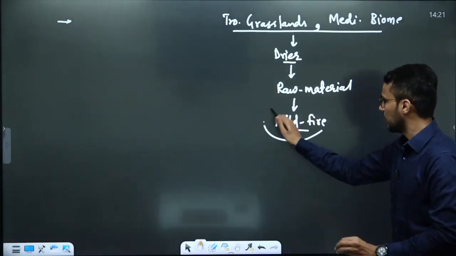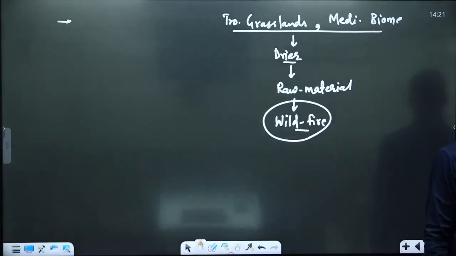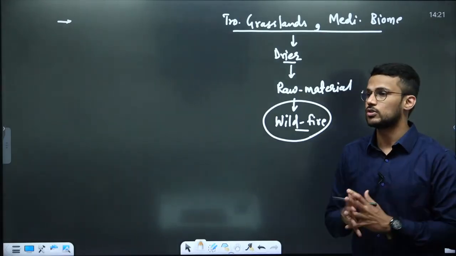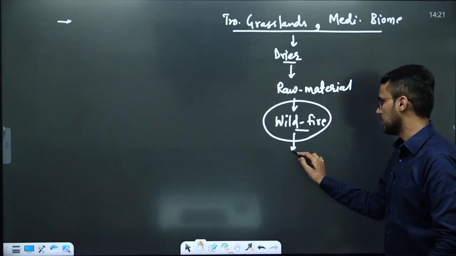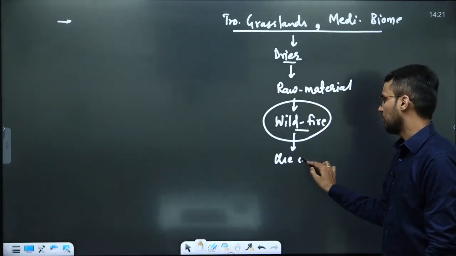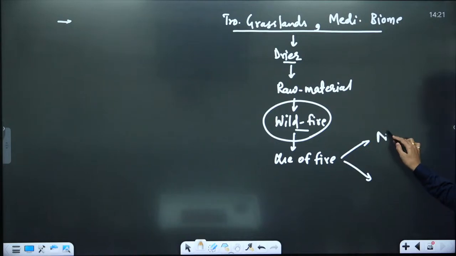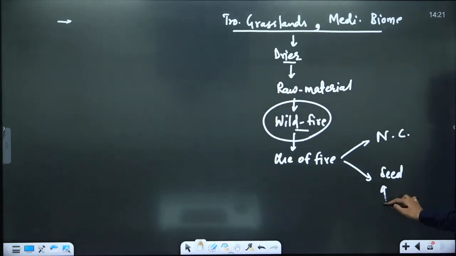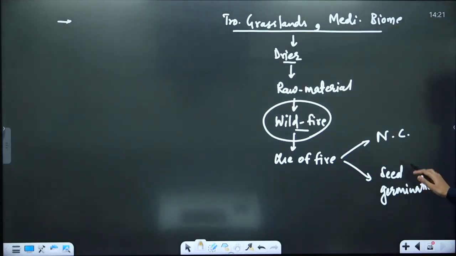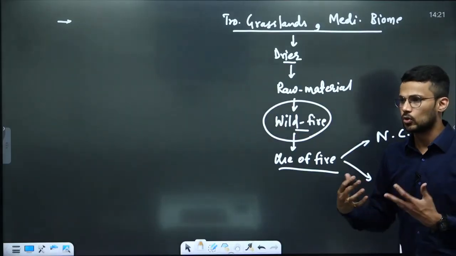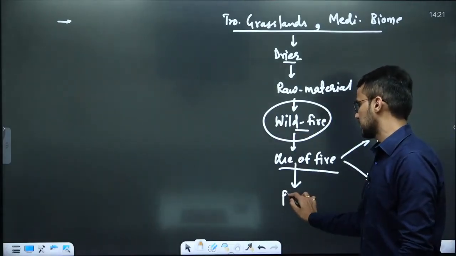अगर wildfires हमेशा frequently आते रहते हैं तो plants को कुछ ना कुछ adaptation दिखाना होगा for those fires. That kind of adaptation is, let's say, use of fire for nutrient cycling, use of fire for germination of seeds. Okay. So that's why as they are using fire for their own, let's say, growth, they are referred as